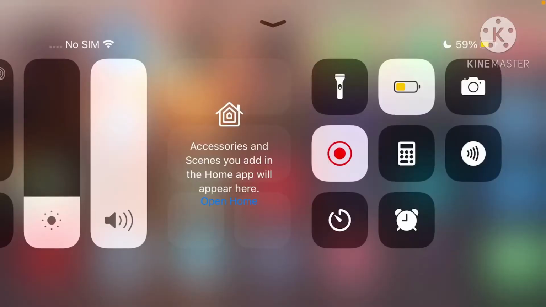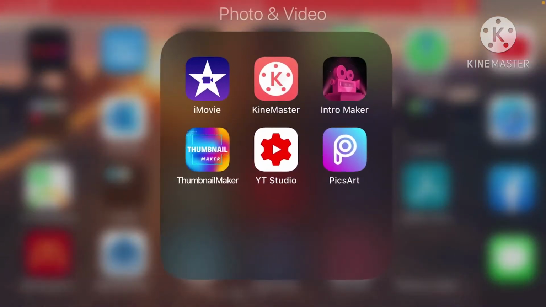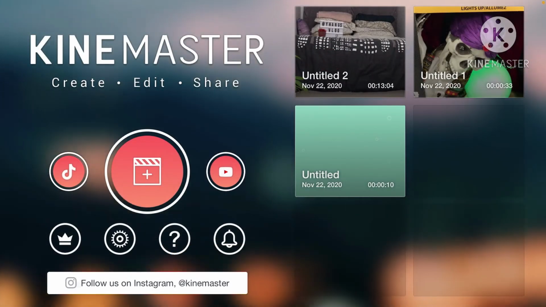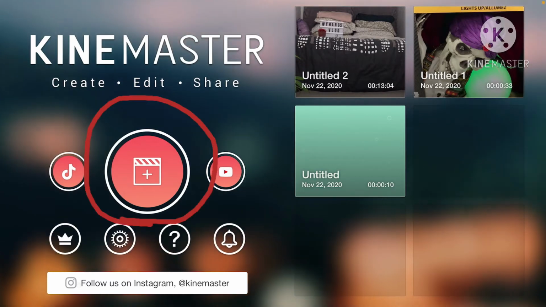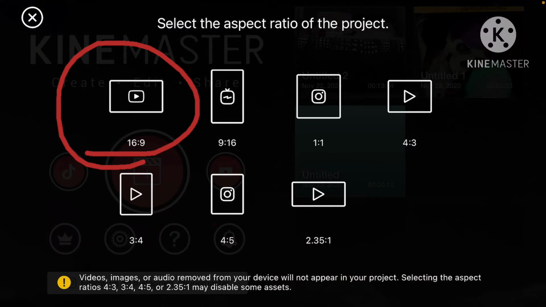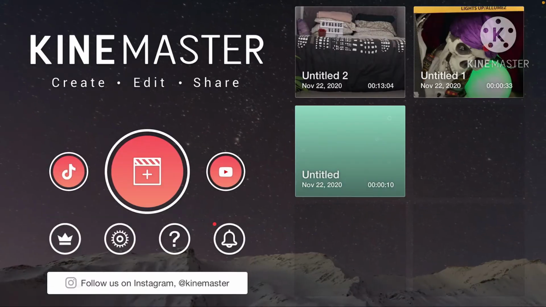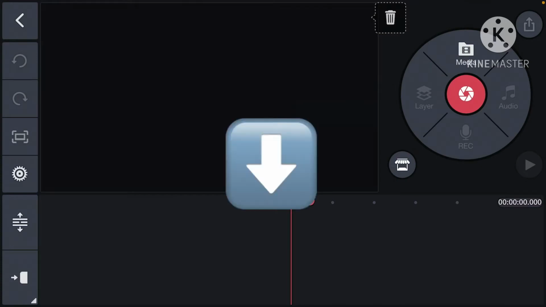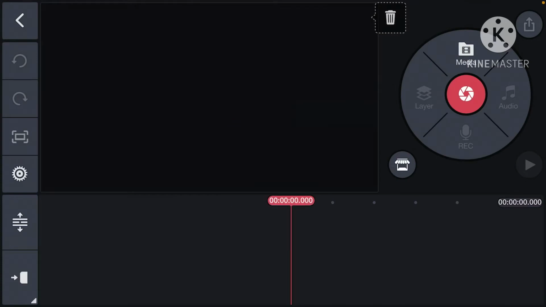Okay guys, so we're gonna do video editing using Kinemaster. So let's open the app there, and then let's create a new video. So click mo to, and then aspect ratio will be 16:9 since YouTube video yung gagamitin natin. And then here, ayan, ito yung screen mo for the video, and then tong part na to, dyan mo makikita lahat ng